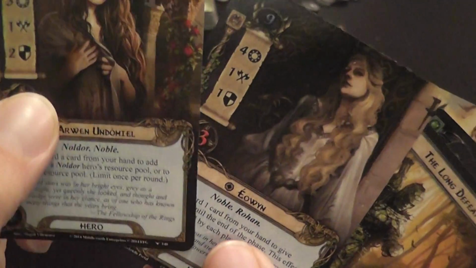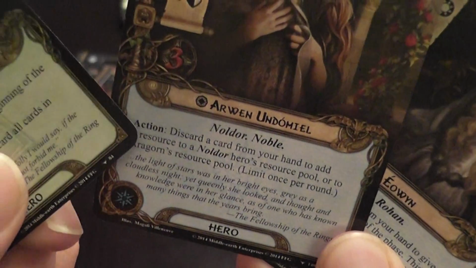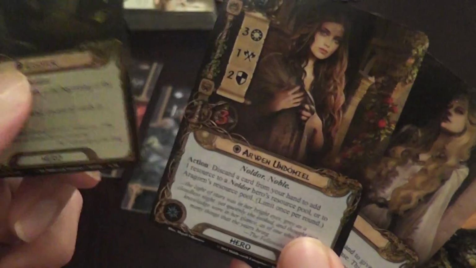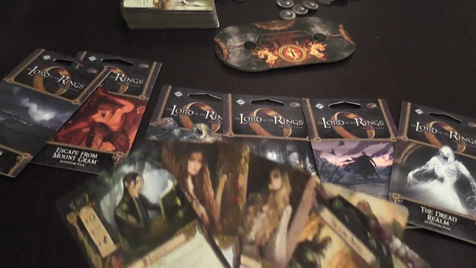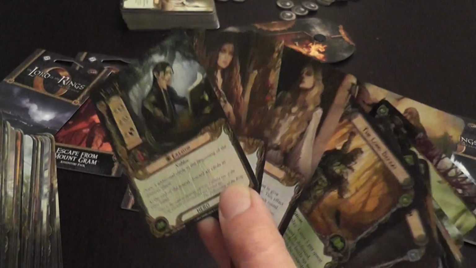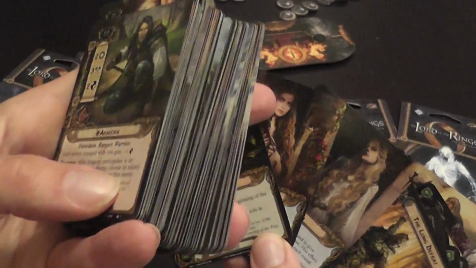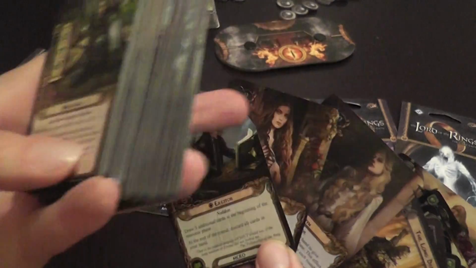Then both Arwen and Eowyn have effects that are fueled by discarding cards, so it's good to have a lot of them. You discard one to add a resource to a Noldor hero, so it can be herself, can be him, or Aragorn. Usually when I play the game solo, I play with 2 decks. One is this one, and another one, at least what I've done recently, is a red only deck. So we have healers and questers and badasses together. So it gives you a great flexibility here that he brings in cards, she burns them, and can give effects